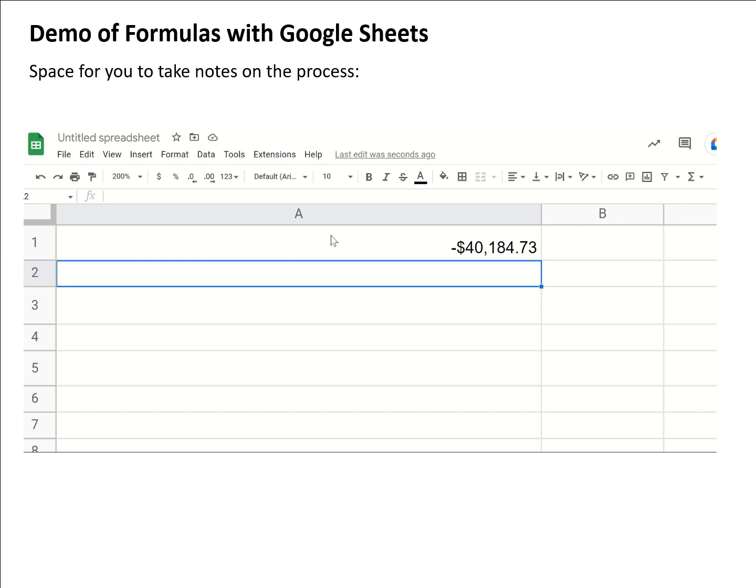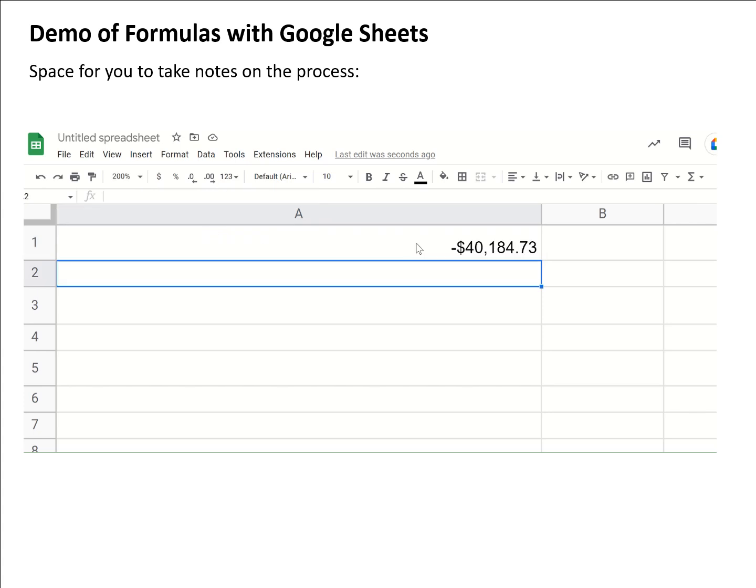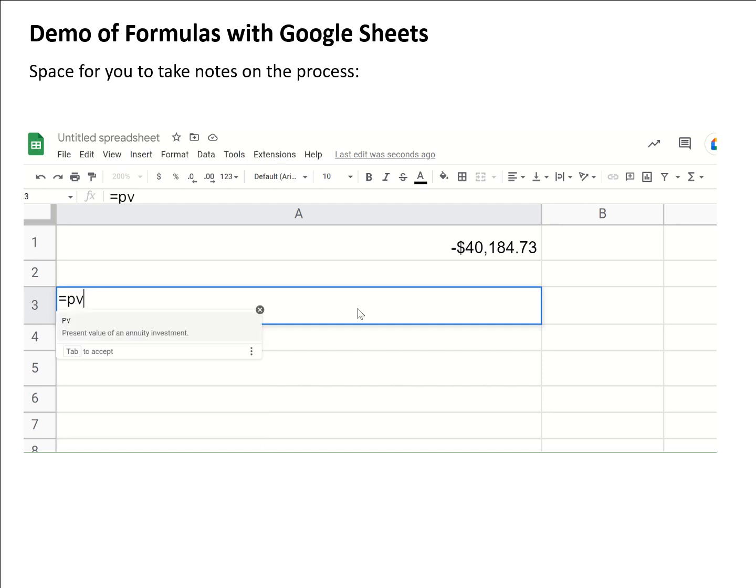Okay. If you want to see your formula again, you can just double click on that cell and it'll bring up exactly what you entered in. If I hit enter, it'll go back to the actual calculation. Let's look at the present value formula for that second example involving saving up $80,000 for your daughter's college fund. So I would start with an equals and then put PV for present value, parenthesis,